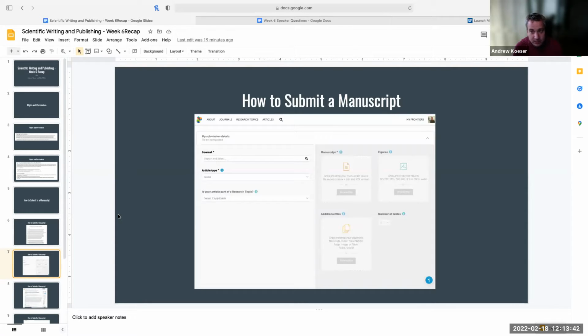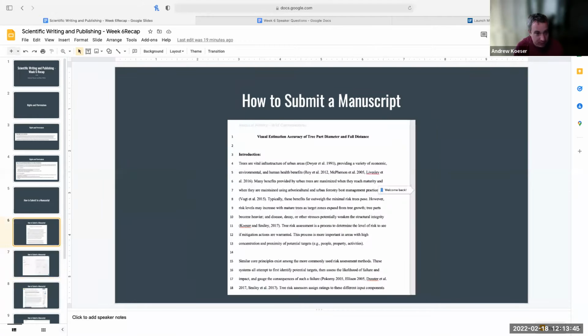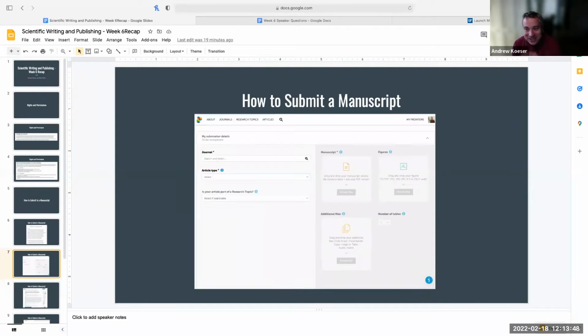Rich just made me submit to a journal recently, actually this paper right here, if you want. Oh wait, it actually has it in there, don't look at that. That had us put a lot of metadata in there. Like we actually had to put the word count for every section, so we had to separate out the abstract, the title, the what it means to the industry, the body of the text, every single figure had to be uploaded separately, and then we had to have metadata input for every single one of it. And that was a nightmare, honestly. I had COVID for a while, and I had COVID brain, and I couldn't even figure it out. I was in a fog and I couldn't make it work.